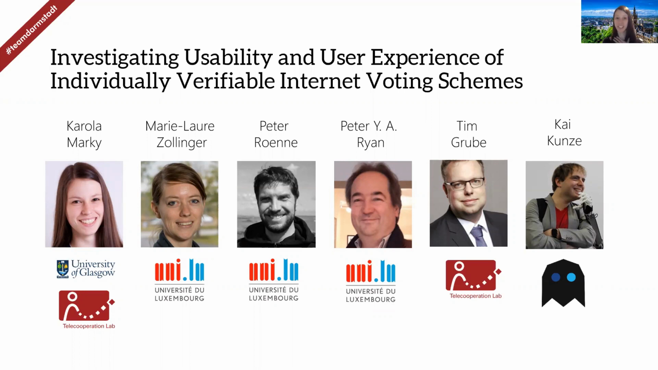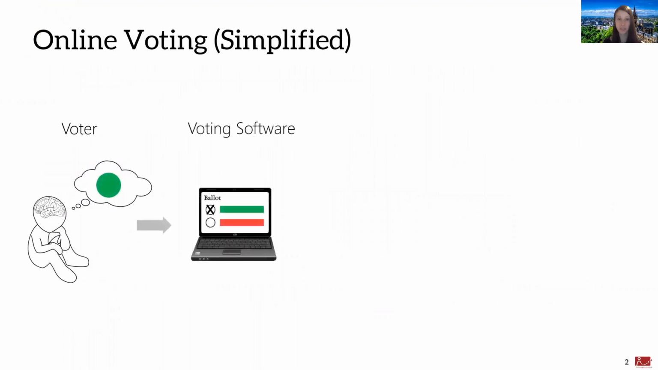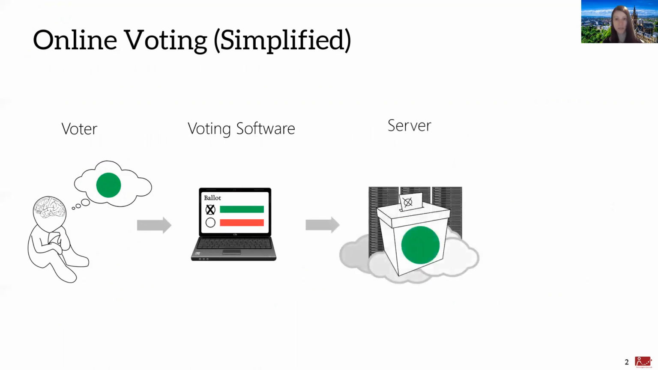I am Karola Marky. I am from the University of Glasgow, and let's start with a simplified overview of online voting. Let's assume our voter here wants to vote for their favorite color, which is green. They use a voting software to mark a ballot, and the voting software then generates an encrypted vote that is sent over the internet to a ballot box server. There it is stored until the end of the election, and then the authorities tally all votes and announce the